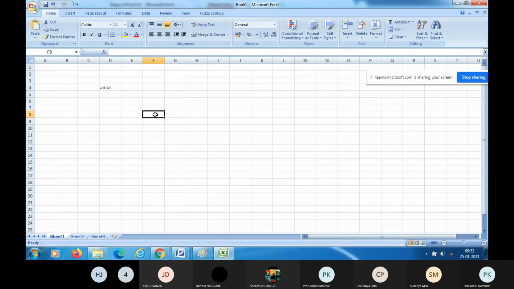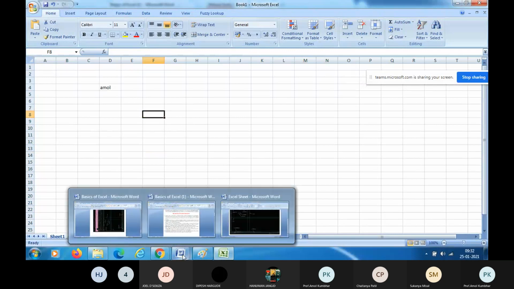Now if you observe this F8 cell, there is a small dot on the lower side of that active cell. Here you can see this plus sign. This is the plus sign. At that point there is one small square present, right? Small square is present, small dot is present. So that small dot present on the lower side of that active cell is considered the fill handle. So what is its function? To enter the data, to enter the series ranges, right? So this is the function of fill handle.